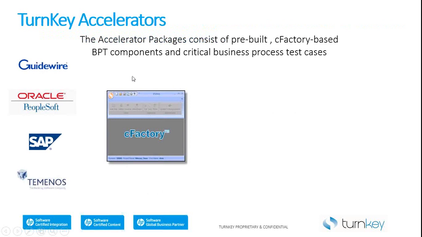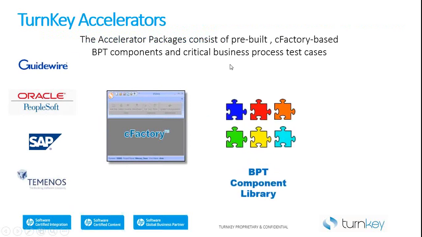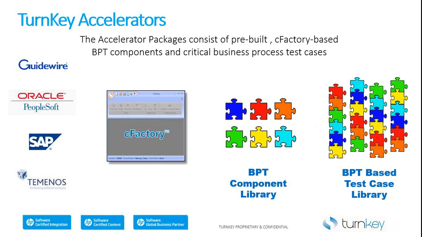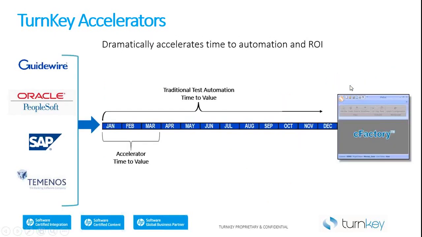So just briefly, just to walk through how does this work. Again, here comes our friend C-Factory. We use C-Factory against these applications to build these massive component libraries. We string these together into pre-built test cases. The concept here is that while every company that I've seen uses these applications in a unique way, they're customized, it's easier to modify a standard process, say order to cash or hire to retire, to reflect the way that a company does business than to build it from scratch. And while that's not 100% true all the time, often it really helps in the implementation process.